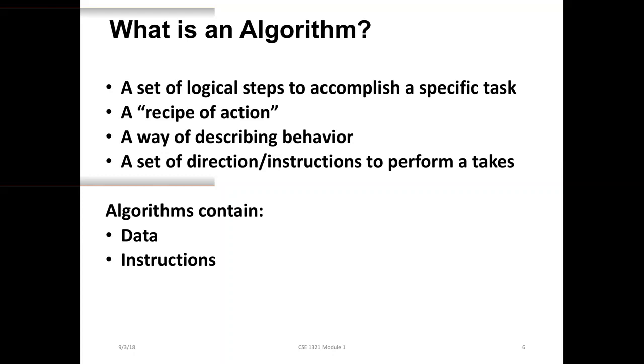Those directions are the steps of the algorithm that helps me to solve my problem. What is my problem? How to go to downtown. When I use the Google Maps app and give my current location and destination location, it will give me some steps. I have to follow the steps.